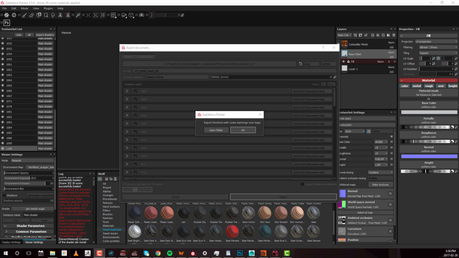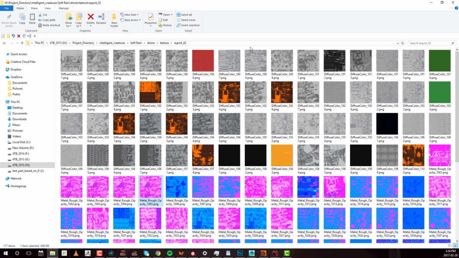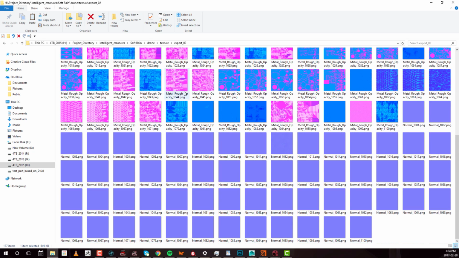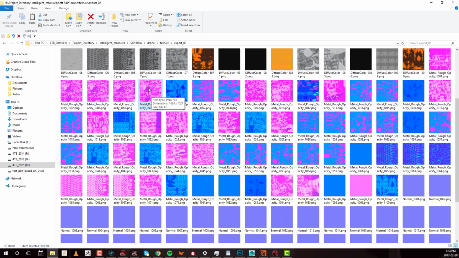So when it's finally finished, you're going to be presented with this pop-up window, and it's going to give you two options. One, press OK, and it'll close this window and you can get back into texturing, or you can open up the folder. So if we open up the folder, you're going to get this thing right here. And here, as you can see, you have diffuse color underscore 1001, diffuse color 1002, and so on. And then you have these funny colored ones, which have 3 textures stored in them. So when they add up, they don't really make a lot of sense because they look pink, but we don't really care about that